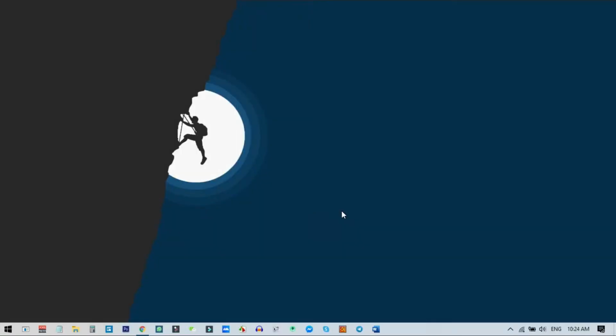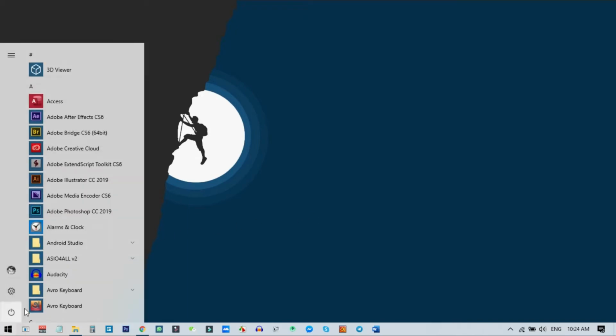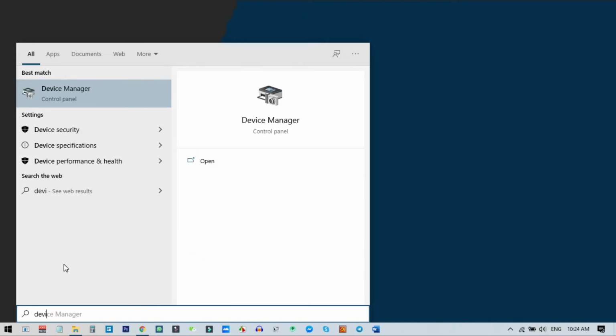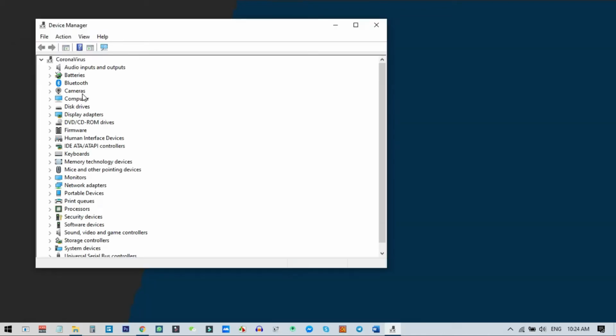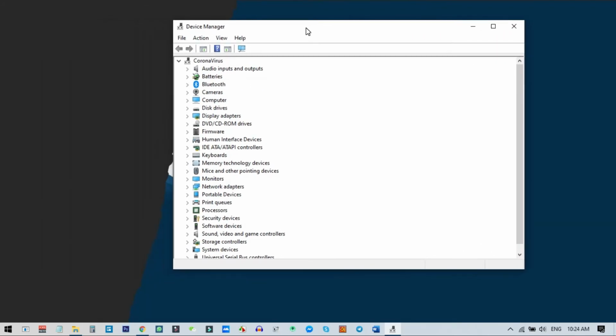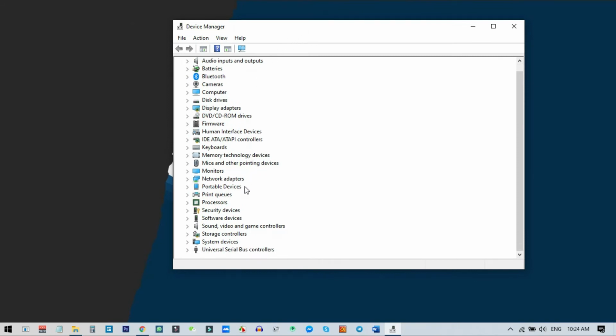So to do this, first of all you need to insert your USB drive in your laptop or PC. Here in my laptop I am inserting my USB drive right now. And now after inserting my USB drive, I need to go to my device manager. To go to device manager, you just need to go to your start menu, and from here you need to search for device manager. You can see I have got it in the first option, so I just click on the device manager.